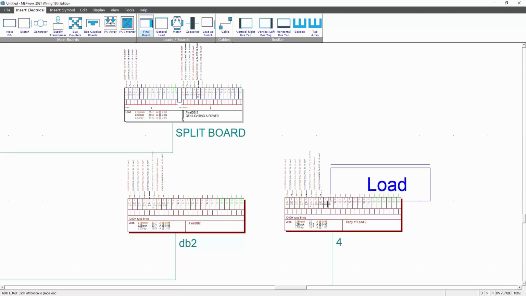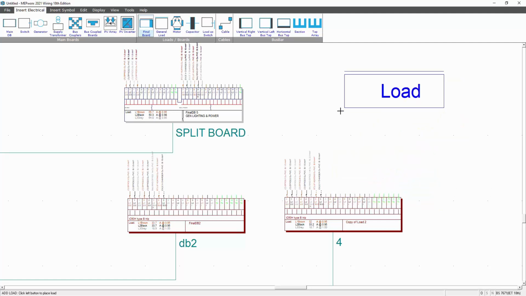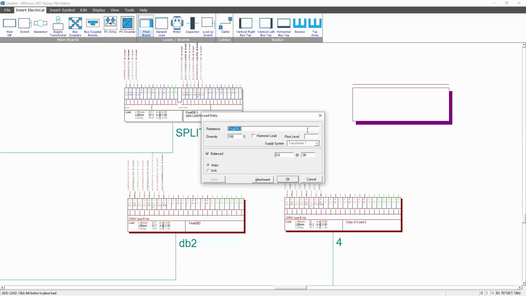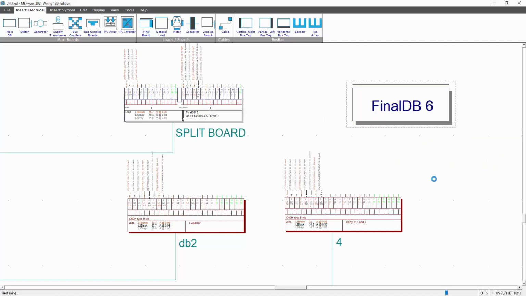So I've got L3 grey. So I'm going to place that board and I'm going to unbalance it and I'm going to apply my load to way 3. DB6. Okay, that. So I now have my board set up with